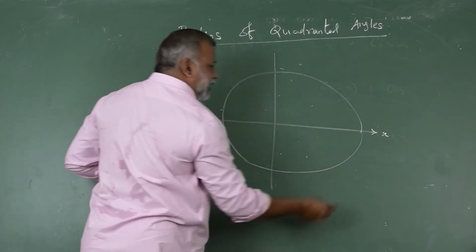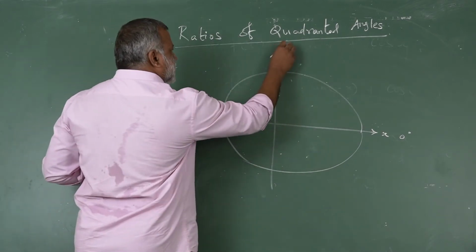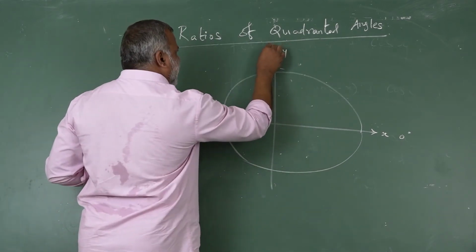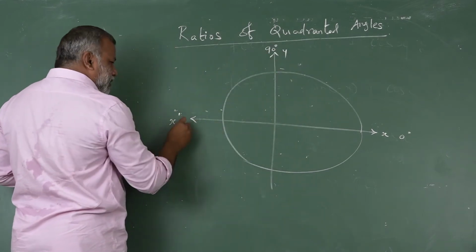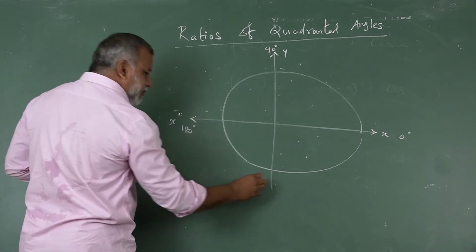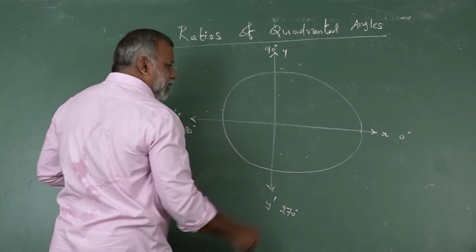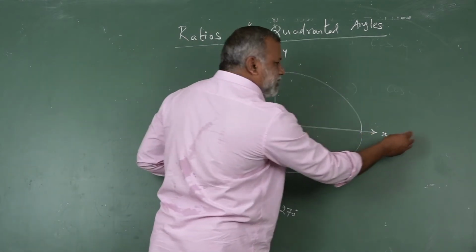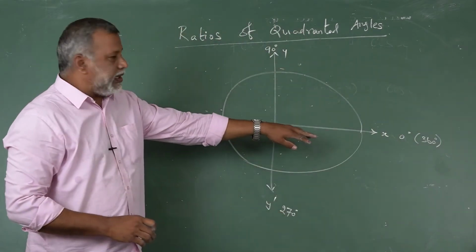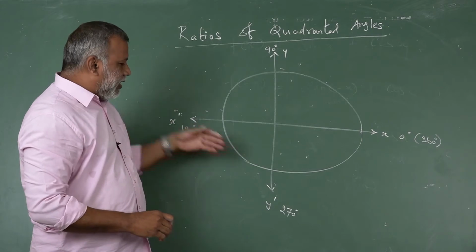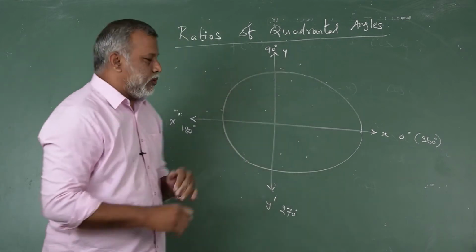Now consider this is the x-axis and 0 degree. This is the initial side. This is the y-axis, and also we can say 90 degree here. Then x dash, that is 180 degree. Here y dash is 270 degree. Once again, completing one rotation means 360 degree. So 0 degree is the start, then 90, 180, 270, and after completing one rotation, 360 degree also.